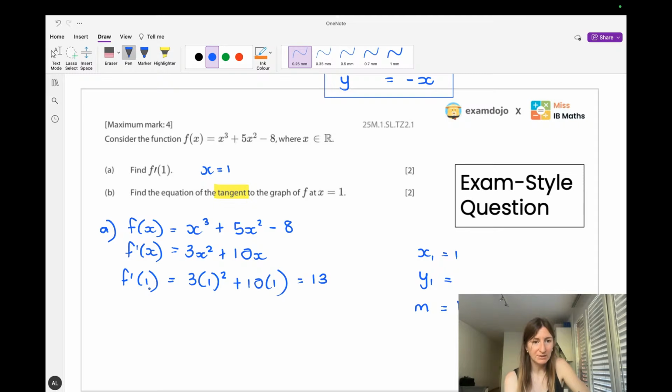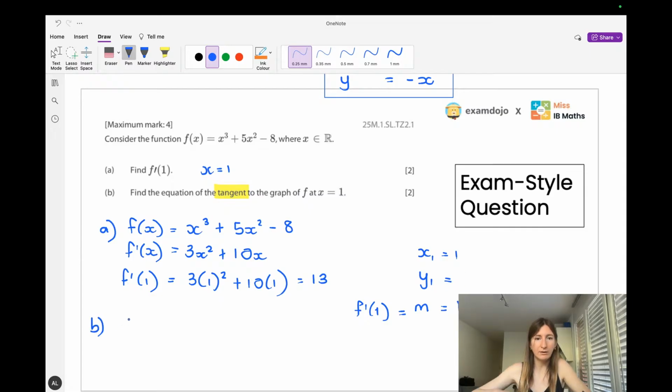So they made us find the gradient and then substitute. So they did that all in one step. So just watch out for that. What they've done there is given us that f dash of 1 is the same as the gradient. And now to find the equation of the tangent at x equals 1, the only missing thing there is to find